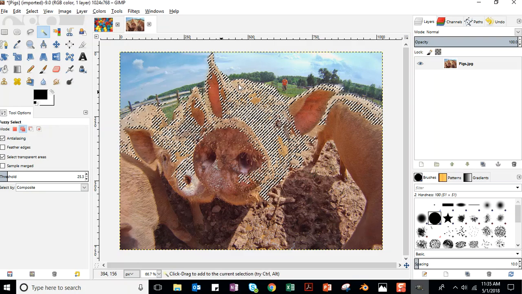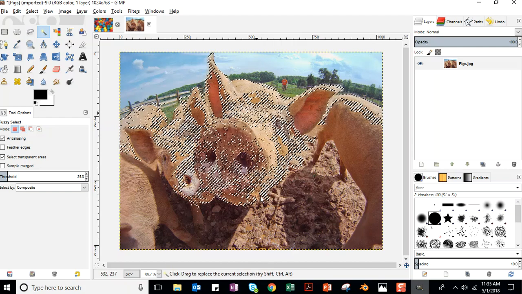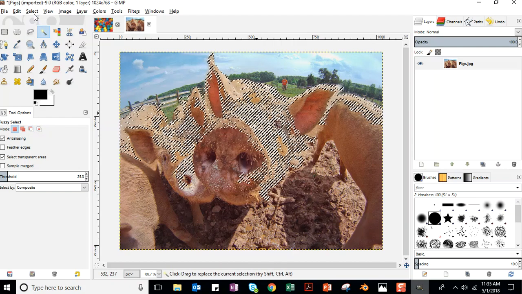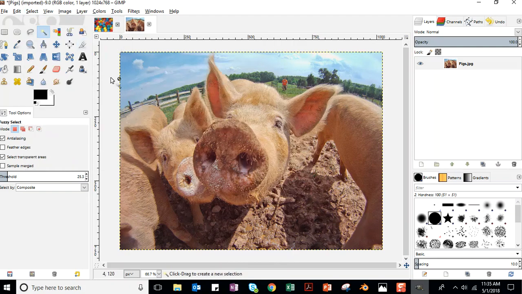I'm going to hold it down. Oh yeah, nope, that doesn't work. So in this particular image, I'm going to go Select None. The fuzzy select tool is not the best, okay? So what I'm going to do is,